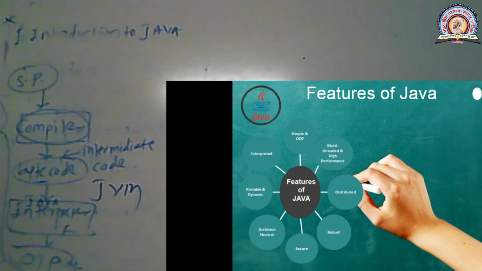So students, in this lecture we have seen how Java evolved and what the need of Java is. Then we have seen the evolution of Java, the additions of Java, and afterwards the features of Java. If you have any difficulty, then we will solve that difficulty in the doubt session. Thank you very much.